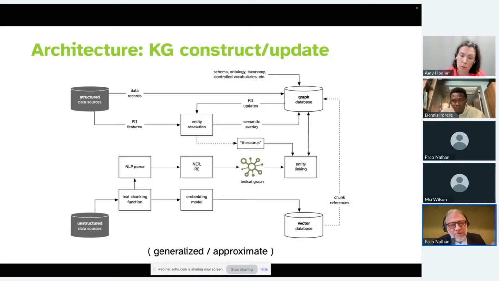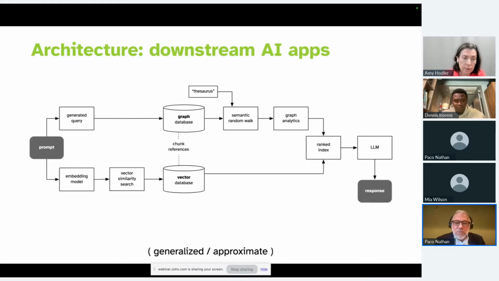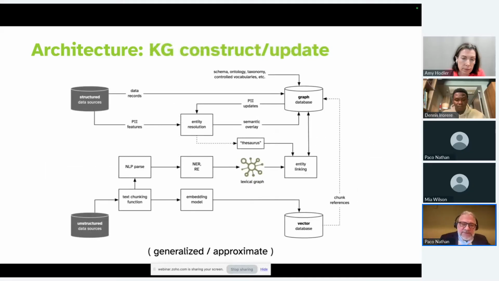And the notion is, how do you blend both structured data sources and unstructured data sources when you're building a graph, particularly if that graph is going to be used downstream in some kind of applications where you're going to be wanting to work with, say, a graph database and a vector database together to provide embeddings out to an LLM to use them. Or maybe some other things downstream. Maybe there's some really sophisticated graph analytics doing some network science. But this kind of architecture is where we see